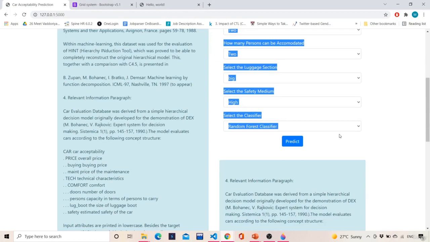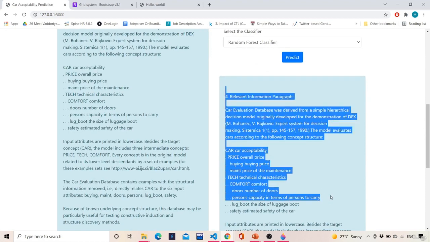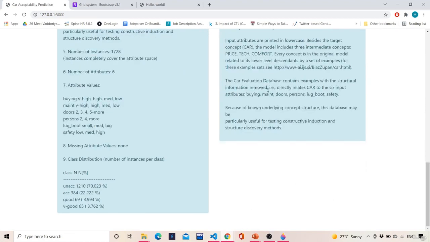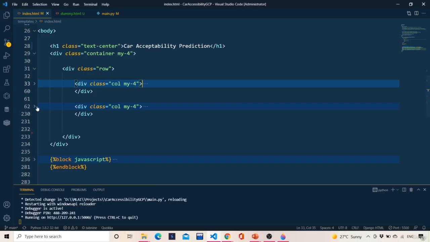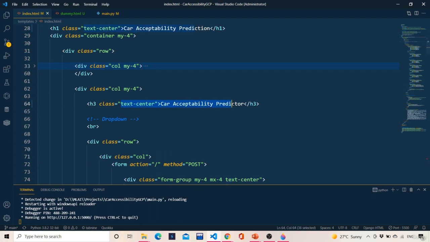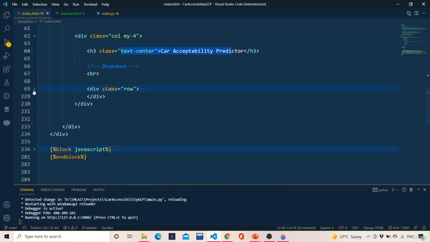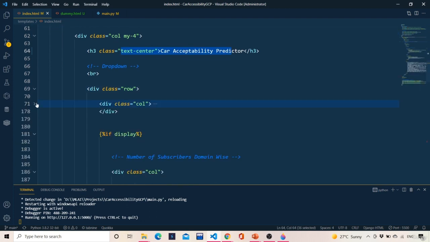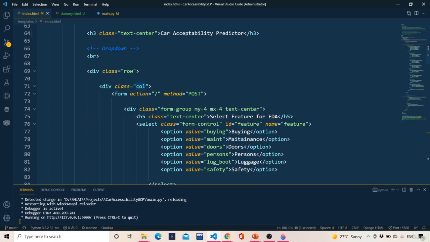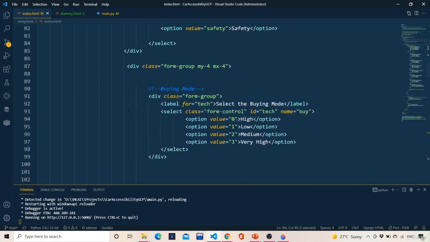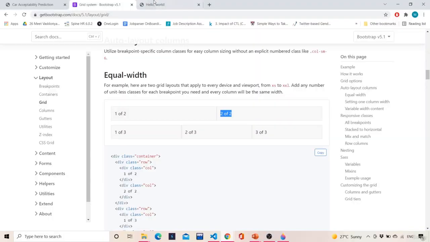Now in 2 of 2, if you observe, there is one catch. There is one form over here, and there is some information which I mentioned at the bottom. So this is again some kind of division happening within. Over here we have div class equals row, or div class equals col. So over here this is one col and this is one col. There are 2 columns participating in it, so that was the reason why these 2 columns were made.